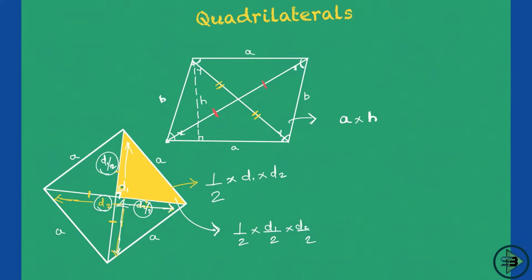So this is the area, but how many such triangles do you have? 1, 2, the second will be this, 3 will be this, 4 will be this, right? So you have 4 such triangles. Multiply this by 4, so this 4 and this 4 get cancelled. Eventually you get the answer as half into d1 into d2, and that will be the area of this rhombus. Okay, so make sure you remember this shortcut as well. In case you forget, this should help you recall and reach your answer. That is the area of the rhombus.